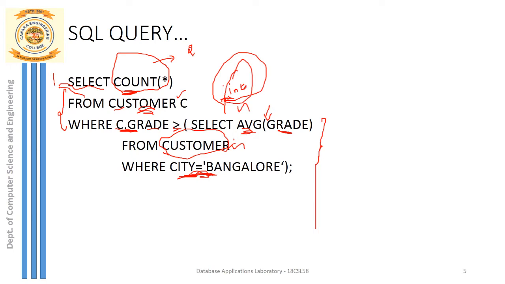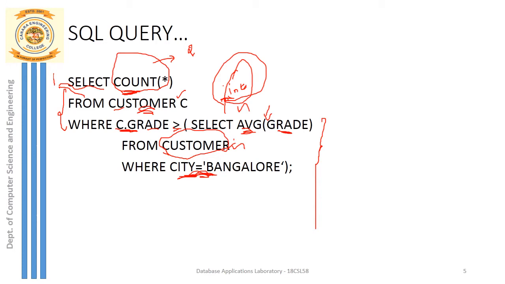As I already said, you have to just calculate the average grade, but simply you don't have to calculate the average of all the grades available in the customer table. So you just have to calculate the average grade of only those customers whose city value is equal to Bangalore. So how do you write that? Select average grade. So you call this as an aggregate function. So aggregate function you have applied on grade attribute. So which table you are going to refer now for calculating the average of grade? You must refer to only customer table, because it's only in the customer table you find this grade value, right? So here a condition that you have to specify in the query is city should be equal to Bangalore, right?